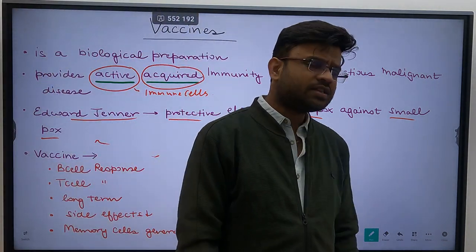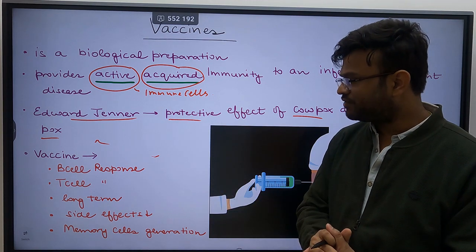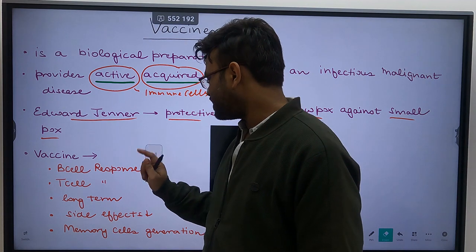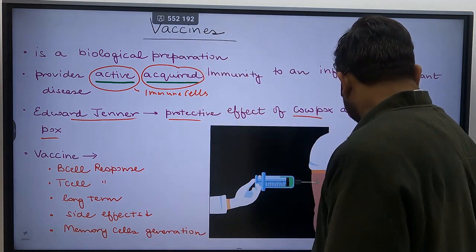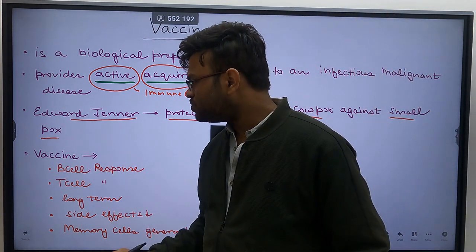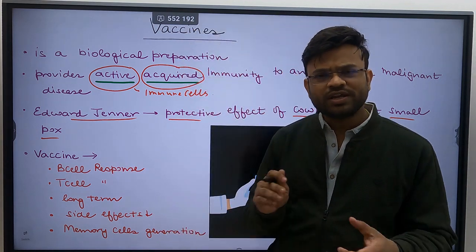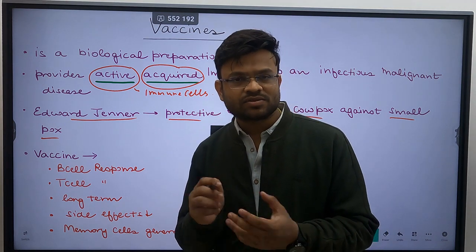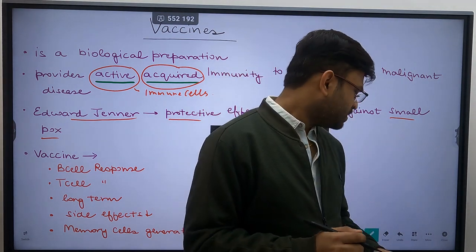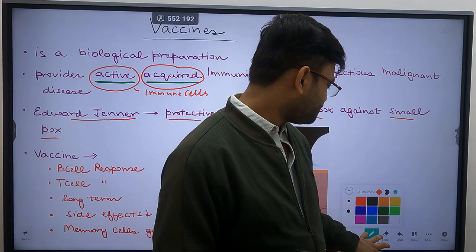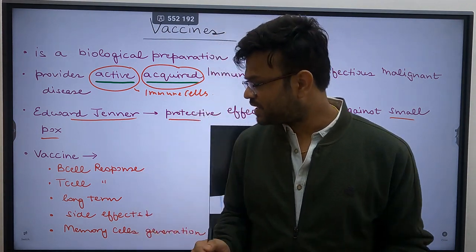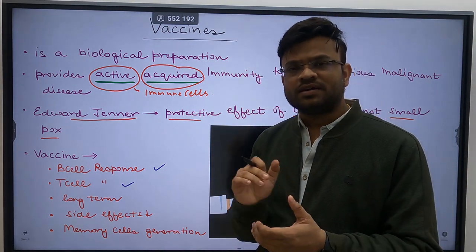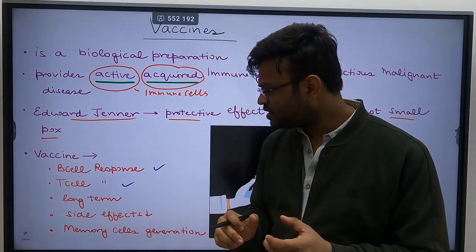Okay. Now, what are the properties that a good vaccine should have? Let us understand this. A vaccine should be able to induce B cell response. You already know what B cells are, and you already know what T cells are. So a good vaccine should be able to induce the response of the B cells as well as the T cells. Apart from that, the vaccine should be able to